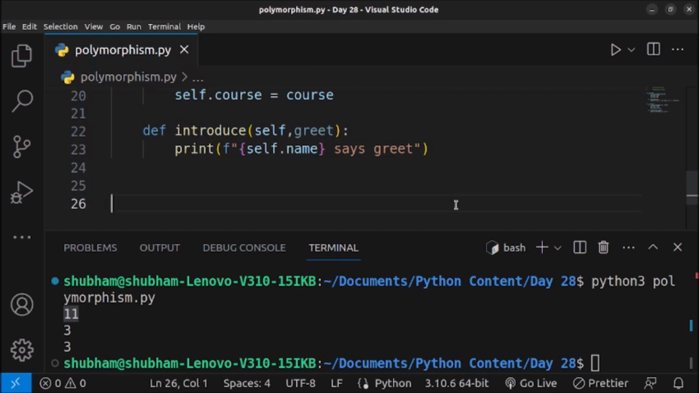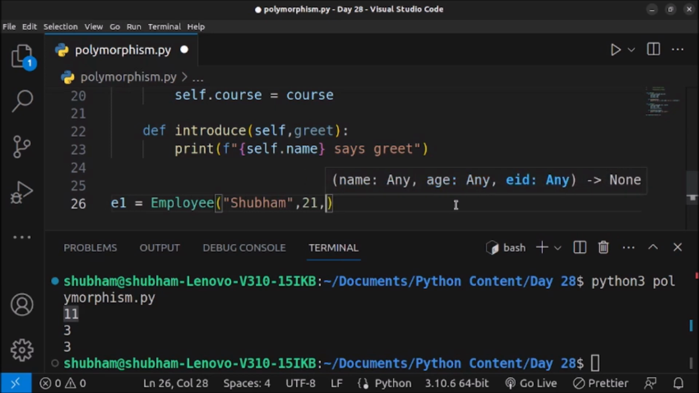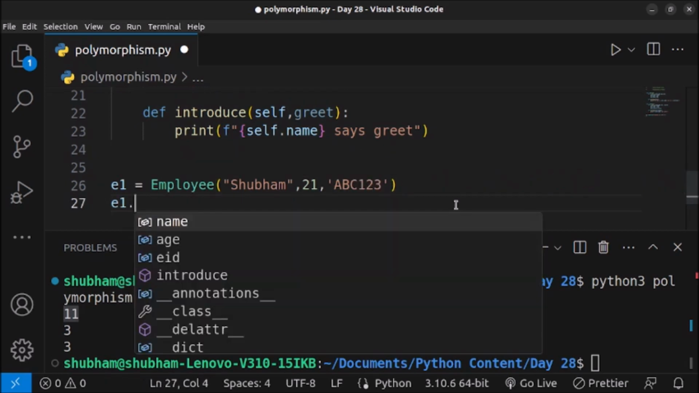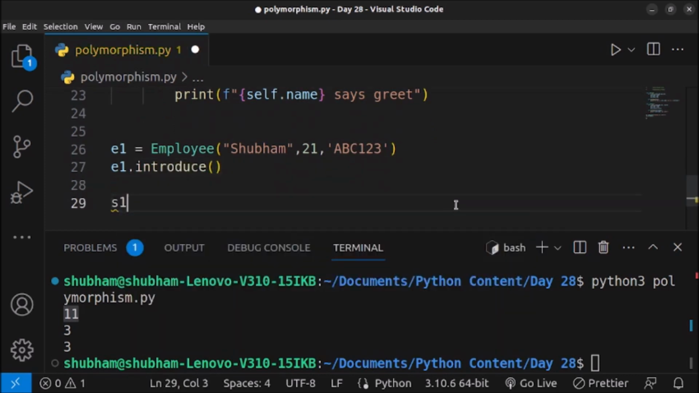So e1, which is employee one, and we will use the employee class, and here we have to pass three attributes: name, age, and employee id. So name will be Shubham, age will be some number, and eid will be, let's use some string, so abc123. Let's try to execute the introduce method here,